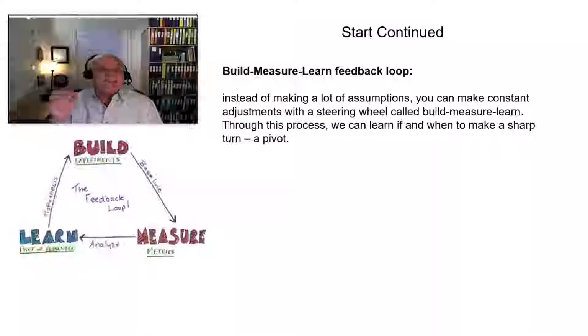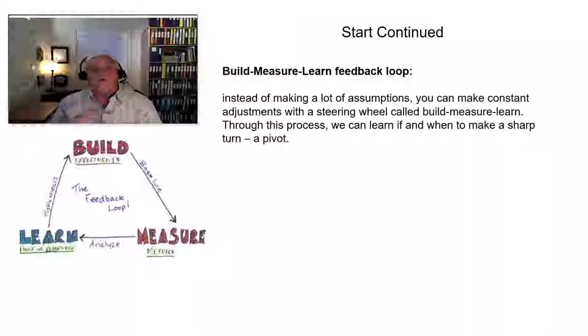So now, to measure that, what Ries has put together is this build, measure, learn feedback loop. You can see that you build experiments, you measure metrics, and then you learn, and then you either pivot or persevere. Persevere means we just keep going. It's that check and balance: should we just keep going? And then it's a loop. We come back up and create a hypothesis. The hypothesis tells us that if we make this change, we should be better. We build, we do experiments, those experiments we run. And this whole loop that we're talking about is an entrepreneurial venture.